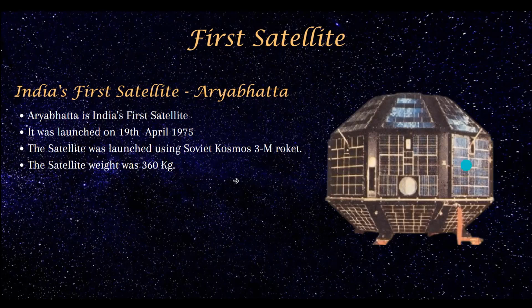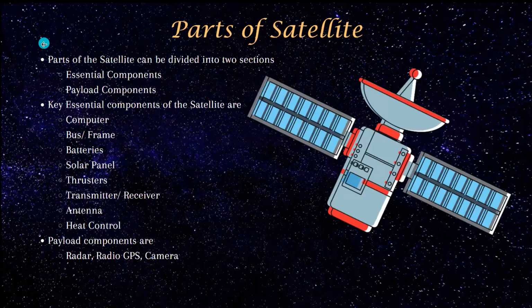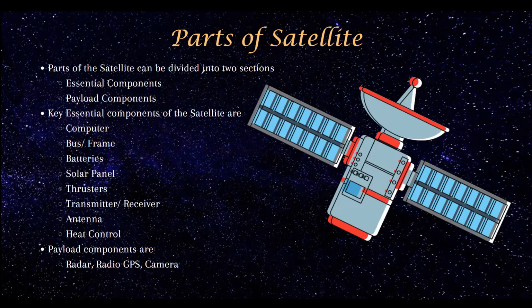Now, parts of a satellite. We can divide the parts of a satellite into two parts: essential and payload. The essential components of the satellite are the computer, which does all the work; the bus or the frame, which is the skeleton or the base of the satellite; batteries, which have enough power for the satellite to work; the solar panels, which collect the solar energy; and the thrusters, which control